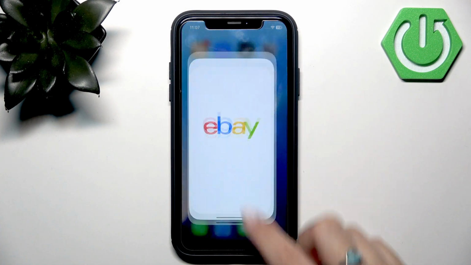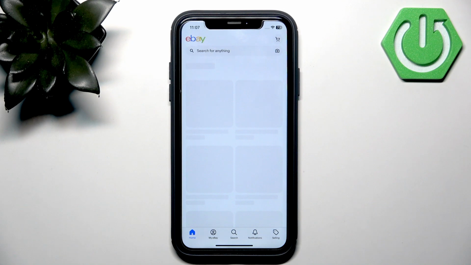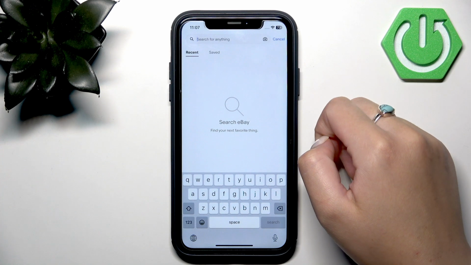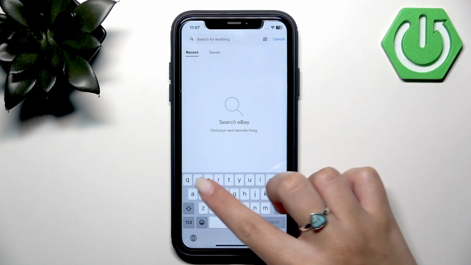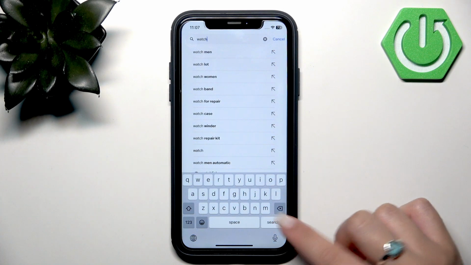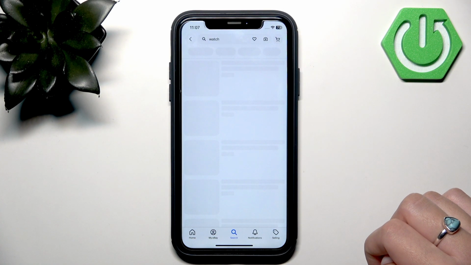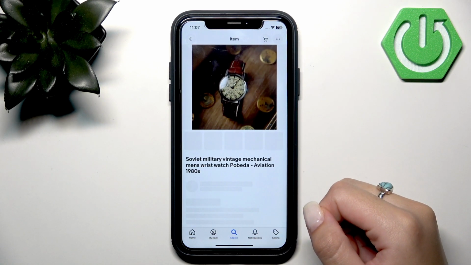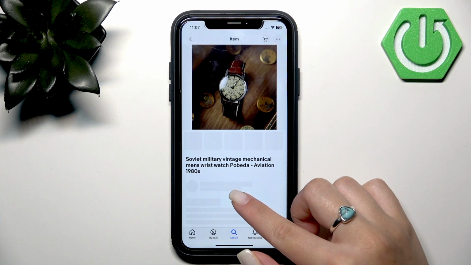Firstly, open the eBay application on your device, and then in the search field, search for the item you're interested in. For example, let it be watch. And tap on one of the listings that catch your attention, to open the product page. So scroll down until you see